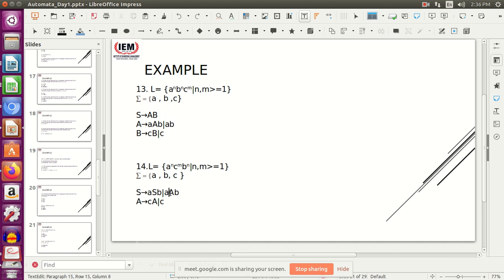Because if we do not add an extra variable A, we will not be able to put the extra string C over here. So, in the next line we will replace this A with any occurrence of the terminal symbol C using this production rule. Okay. So, at first we guarantee that the starting A's are equal to the number of trailing B's, and in between we can have any number of C's.